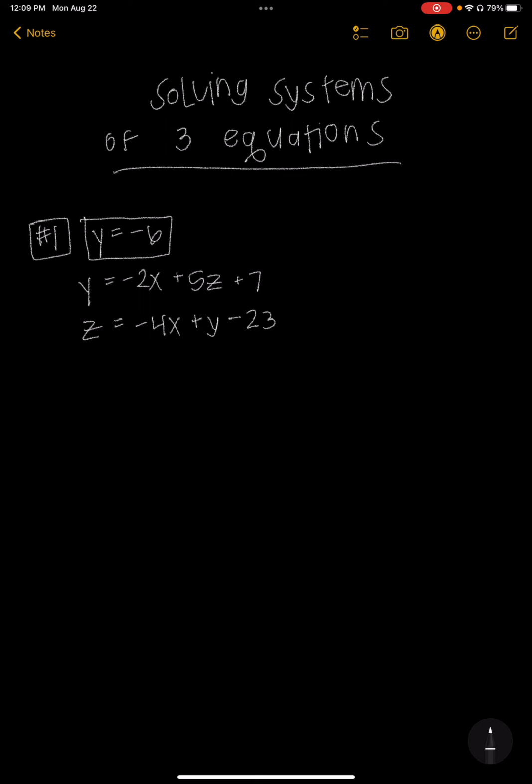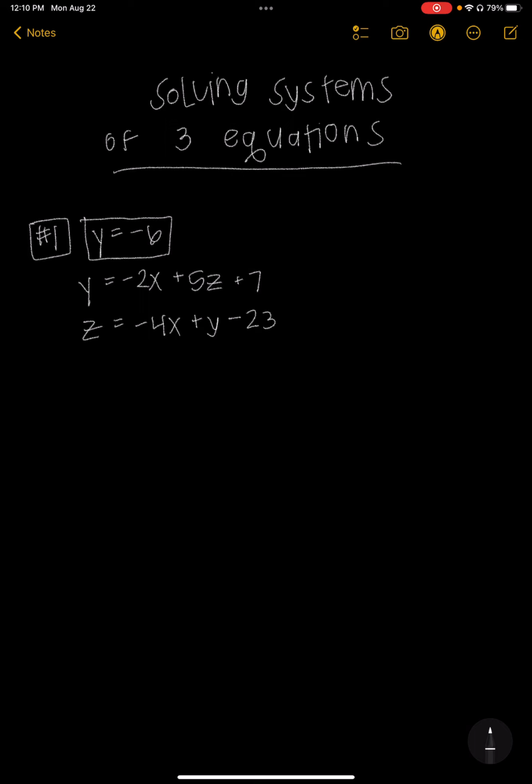For this, we're going to have three answers. We're going to have an x equals answer, a y equals answer, and then a z equals answer. So we already have one of those. And when we already have one of them, the first step that we're going to take is to plug that answer into both of the equations. So